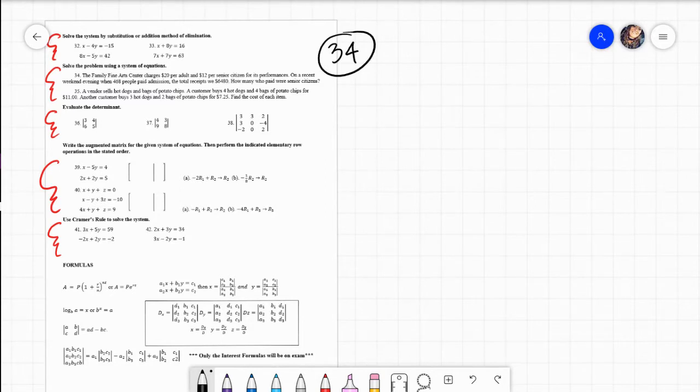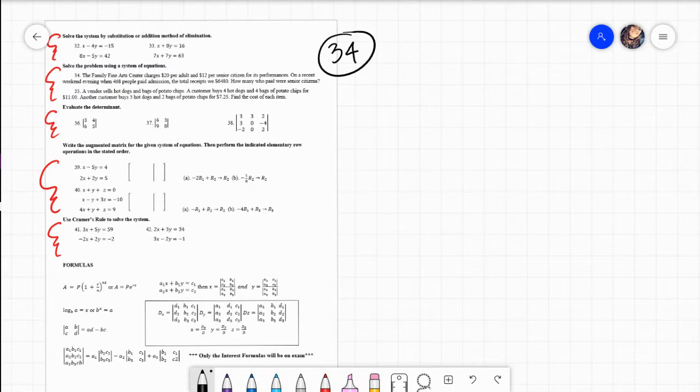Okay, problem 34 says the Family Fine Arts Center charges $20 per adult and $12 per senior citizen for its performances. On a recent weekend evening when 468 people paid admission, the total receipts were $6,480. How many who paid were seniors? Okay, so what we're going to do is we're actually going to create our own system of equations. We're going to look at,